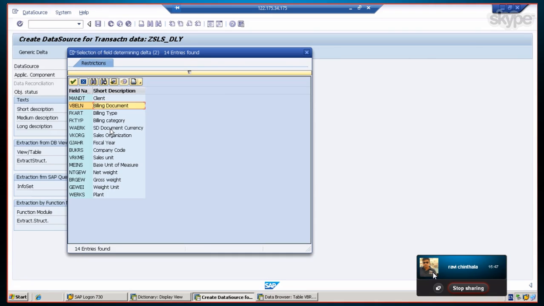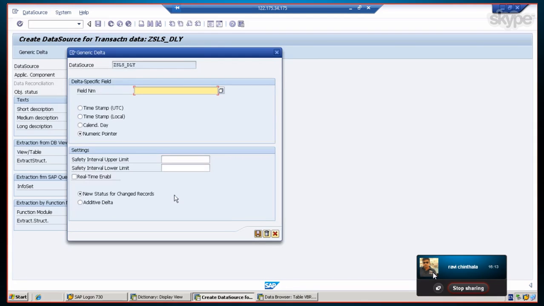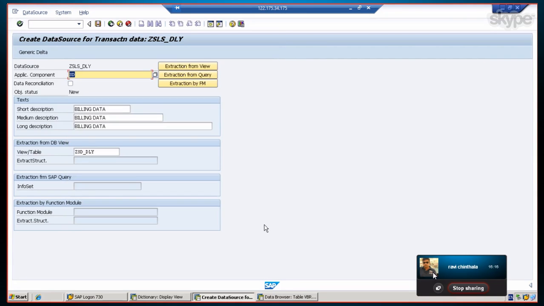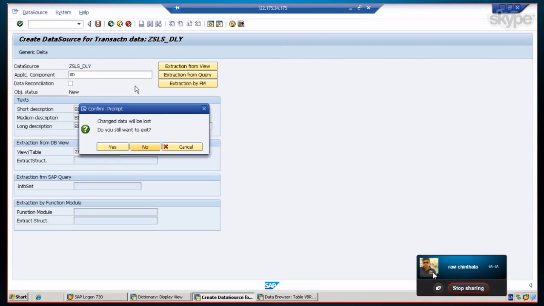We can get the newly created records for the billing document if we give the billing document as a delta, but we cannot get the changed records. So we have to think about it from a business perspective. So we do not have a proper field to give the generic delta. So what we will do is leave it,